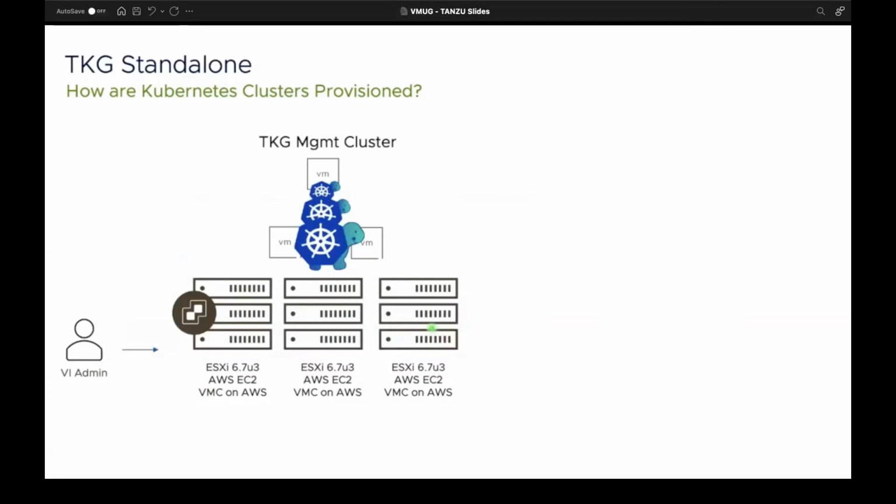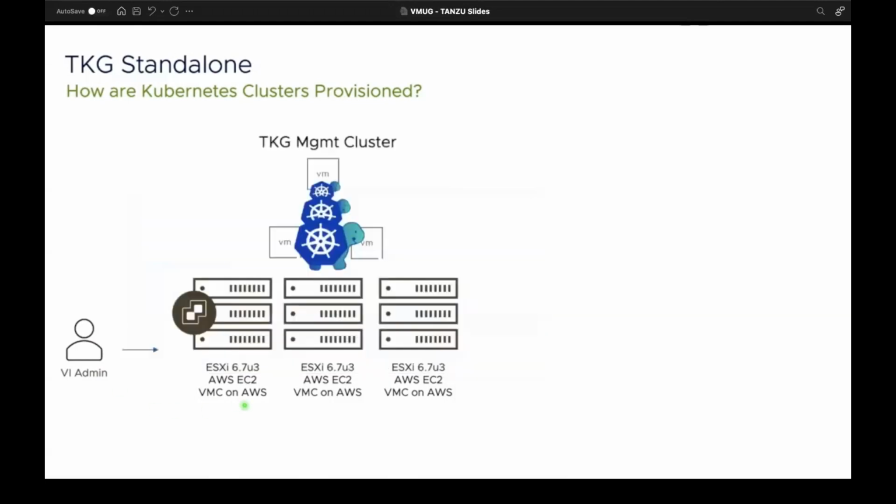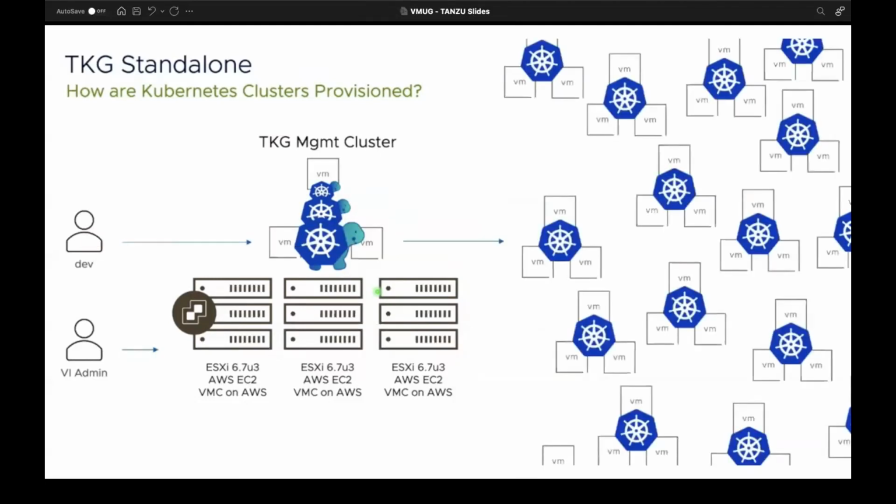I know it's a high level demonstration of how we do it, because in the interest of time we cannot go deep into the networking, but in the upcoming slides you will see more detail once we go into the architecture. So as a VI admin on TKG, you deploy the management cluster. Once the management cluster is deployed, it will have all the required cluster APIs and the agents, and then the developers can, in a similar flow as we saw in vSphere 7 with Kubernetes, authenticate themselves and start creating clusters as they want, and they can scale up accordingly.